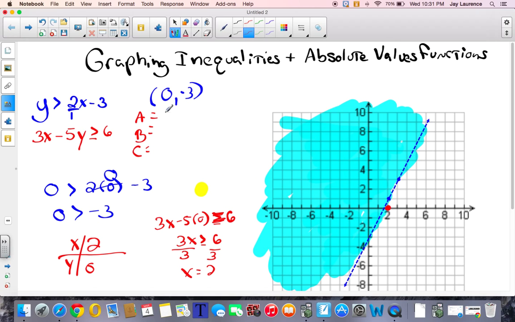And now I'm going to find the slope because A is 3, B is -5, and C is 6. And the slope is the negative of A over B, which simplifies to 3/5. So I'm going to rise 1, 2, 3, and run 1, 2, 3, 4, 5. Maybe I'll go down 1, 2, 3, and back 1, 2, 3, 4, 5. Right there. Okay, now it's a solid line. How do I know it's solid? Because it's equal to,